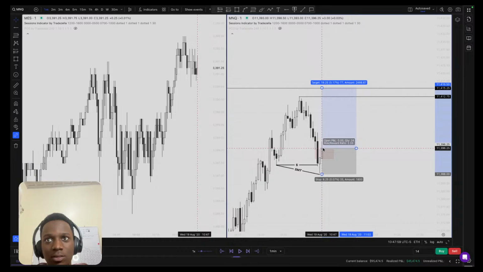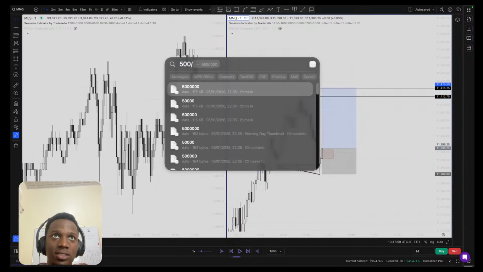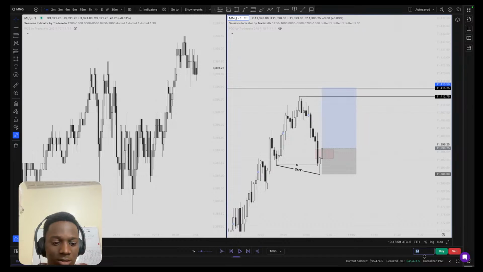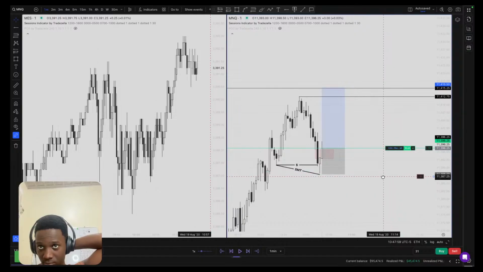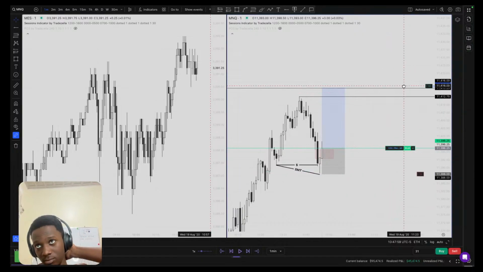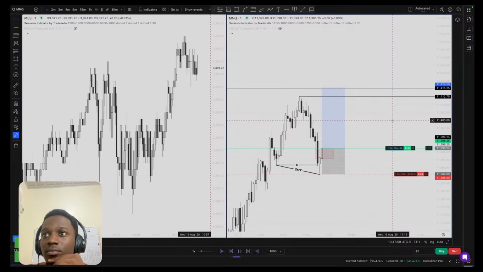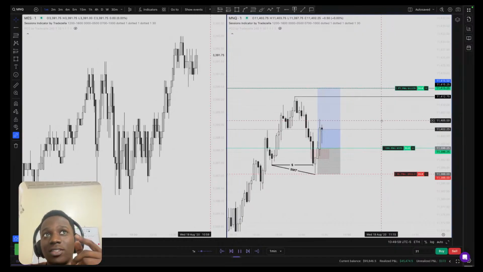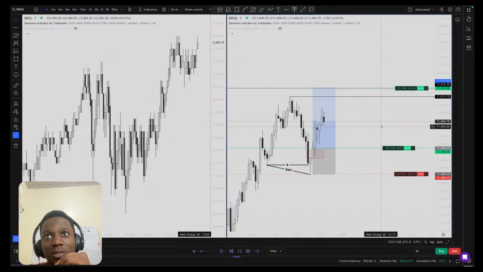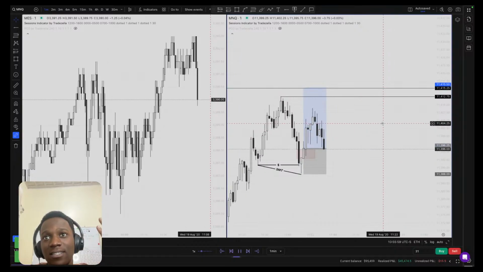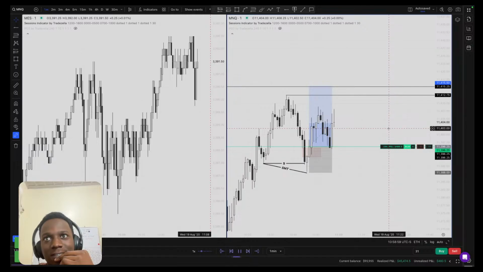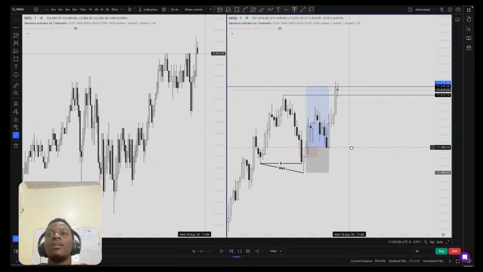Oh, that's a small stop. That will be 500 over 16. So that's 31 micros long. So if ES runs the target, there's more chance that we're getting stopped out instead. Yeah, break even. And get stopped out right away. Come on. We get stopped out and then price has to take profit.